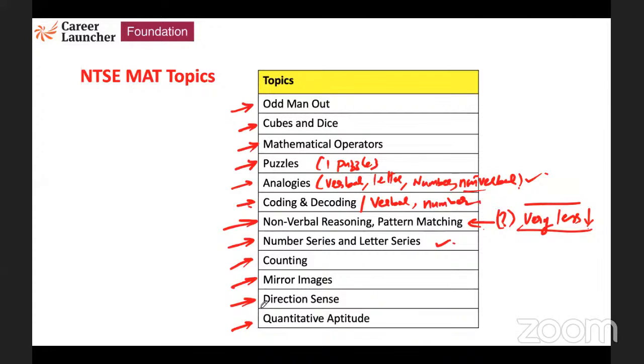Okay, 1 second before I start. We have a question. Let me see if there is any question on screen. Calendars and clocks also can come. Yeah, direction sense. When I say quantitative aptitude, I will put it here actually. Calendars can come. Clocks can come. Clocks, similar to mirror images, the losing and gaining time kind of things. These kind of questions can also come. All these things form a part of our mental aptitude. Thank you, Kashish, for reminding me that.